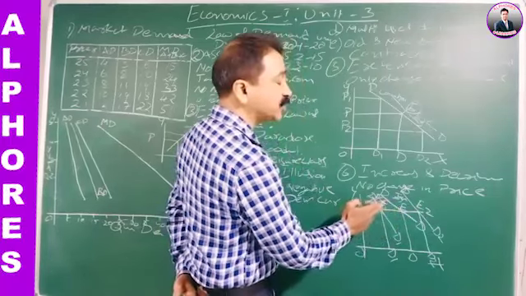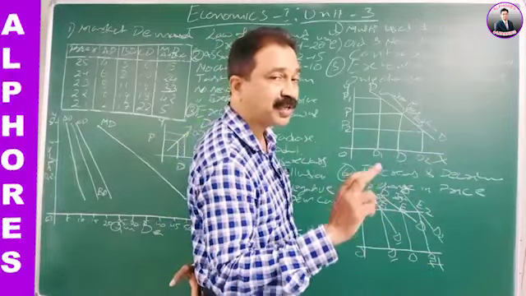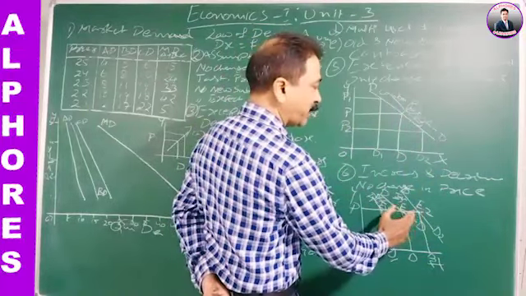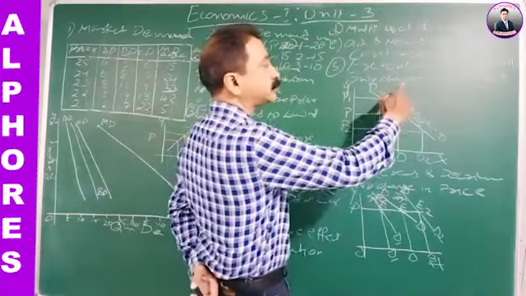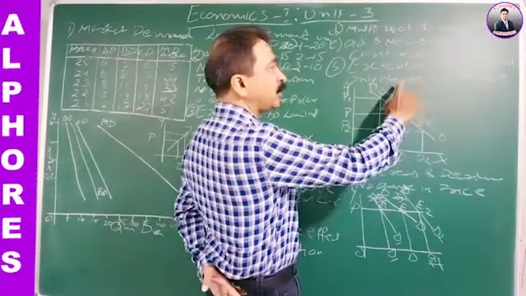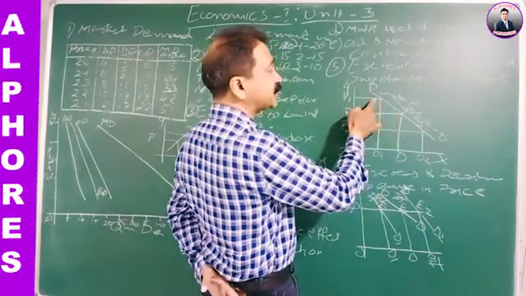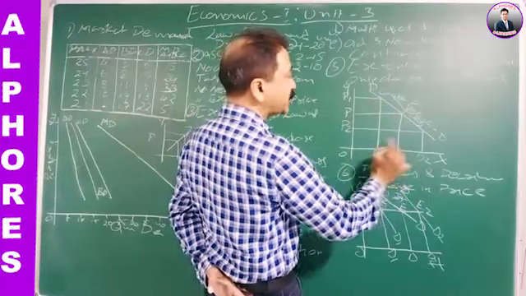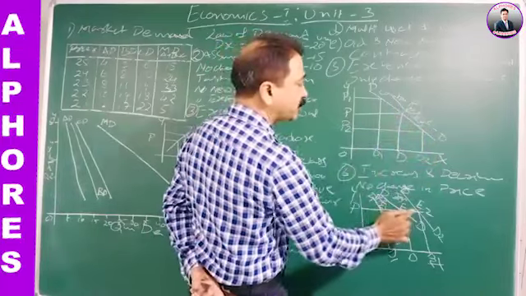Increase, decrease, due to other reasons, no change in the price. Other than price, change in other things. If the curve moves right side, demand increases; left side, decrease. Whereas contraction, extension, we have seen, other things remaining constant, only due to the price. If demand diminishes, contraction; demand expands, extension. So this is extension, contraction, increase, decrease.